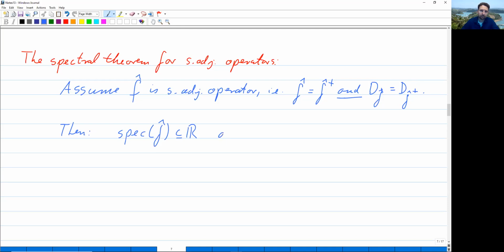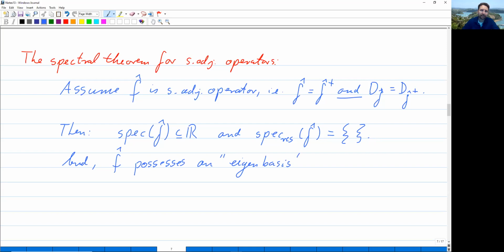And as I mentioned before, the residual spectrum of f hat is the empty set. And f hat possesses an eigenbasis,